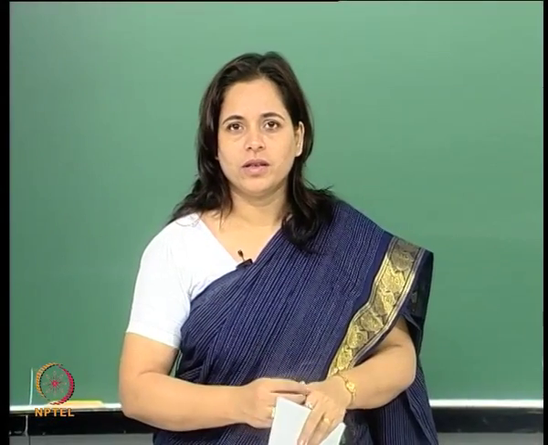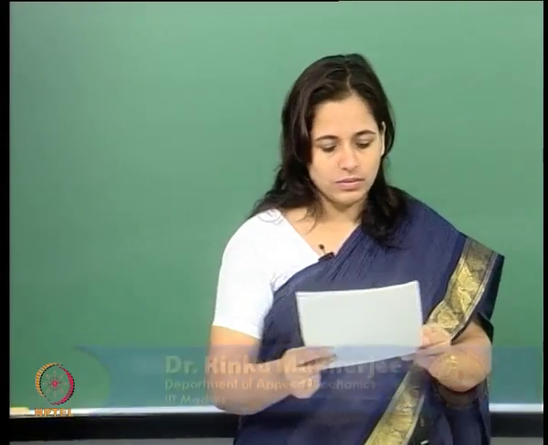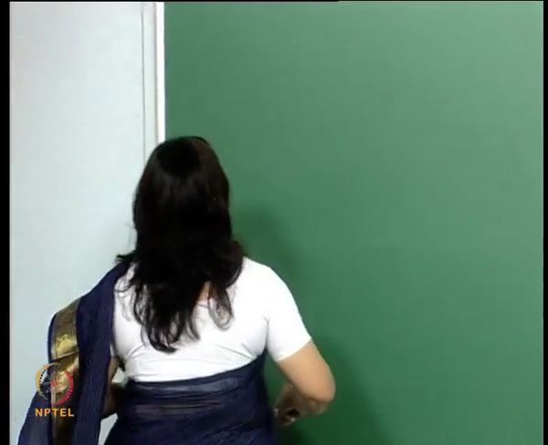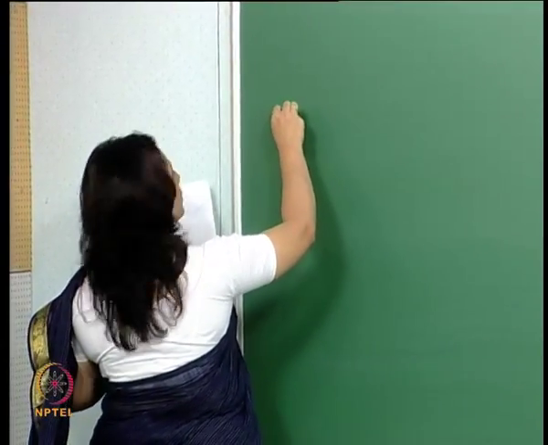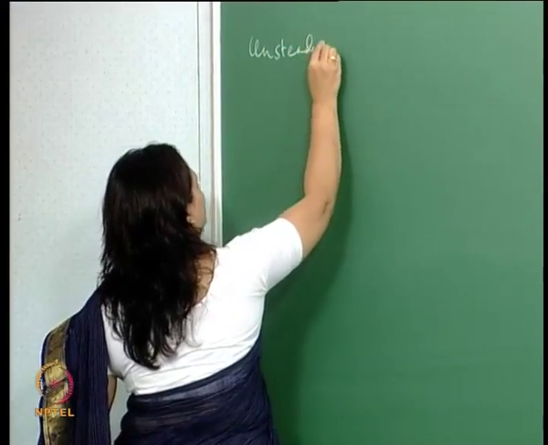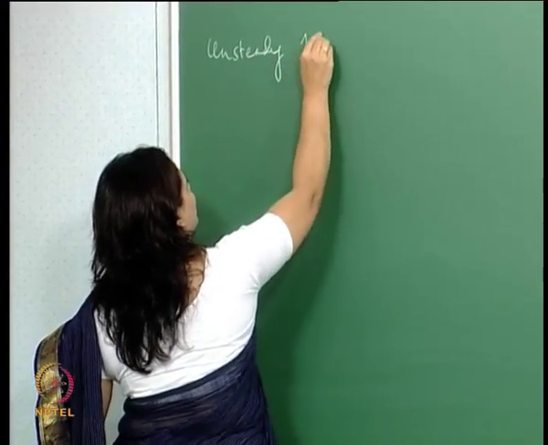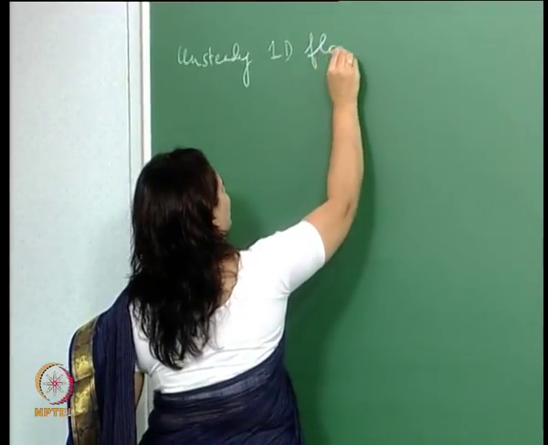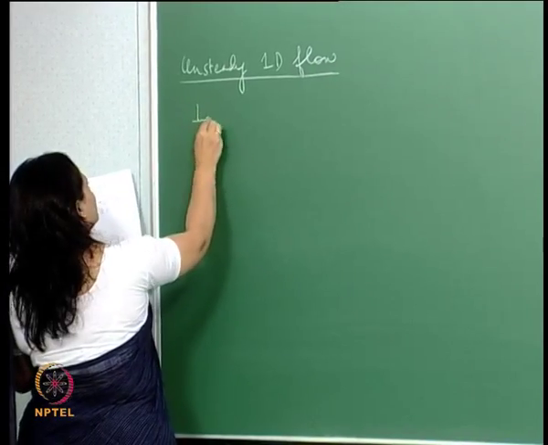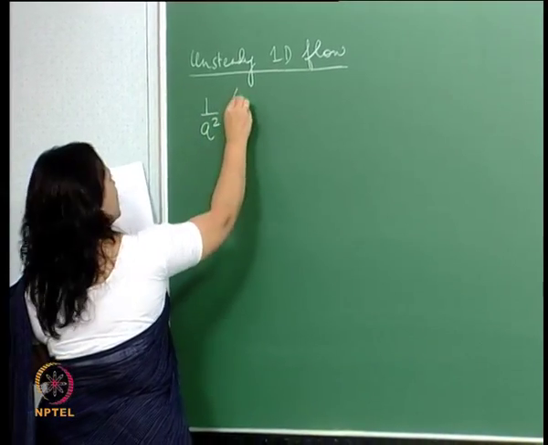Okay, so we were on finite waves, right? We said that for the unsteady 1D flow, we have the continuity equation and the momentum equation. So let's start from there. What we had was the continuity equation for unsteady 1D flow. We got this in the last lecture, so we wrote it out to be